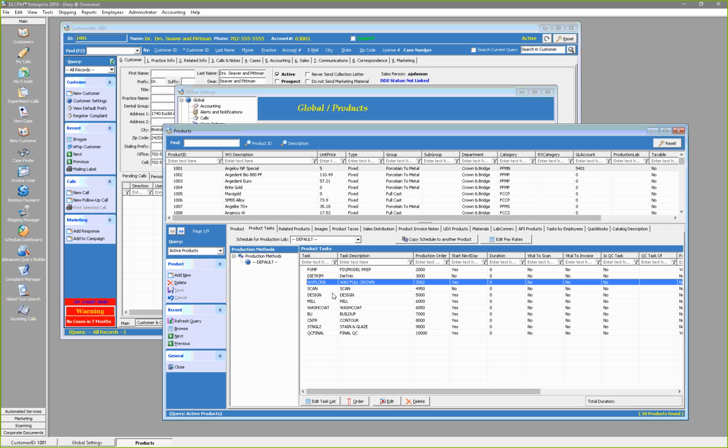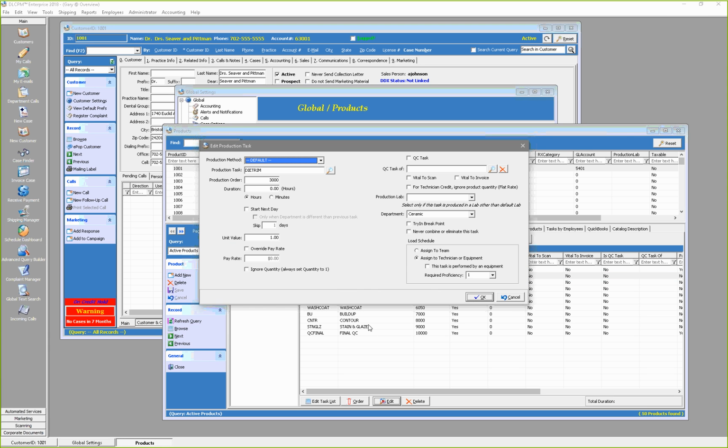Now, for each product, you can define a task, and each task can be the same as the production task, or it could deviate from that. In other words, for this one particular product, these are basically most of the information you had before. But for the load scheduling, you have an option to assign a task to a technician, to a team, or